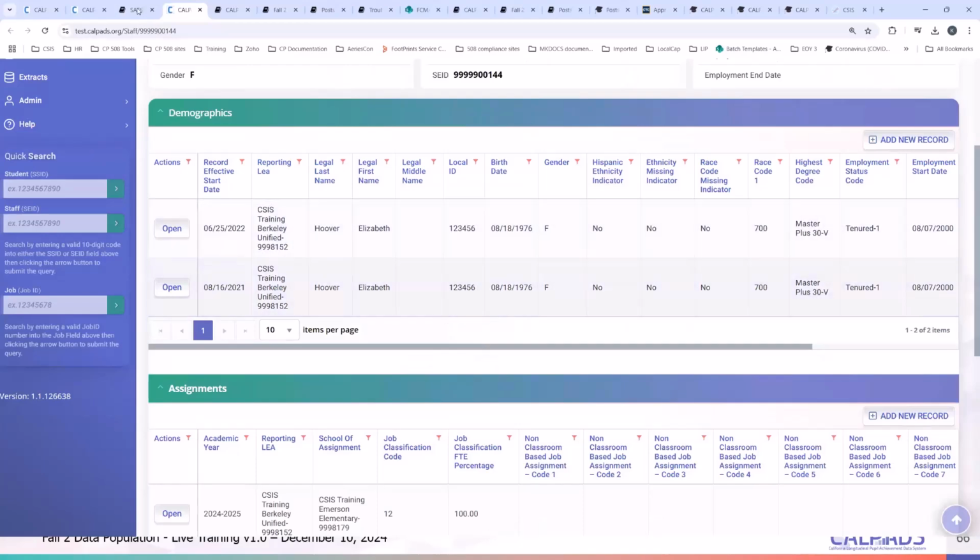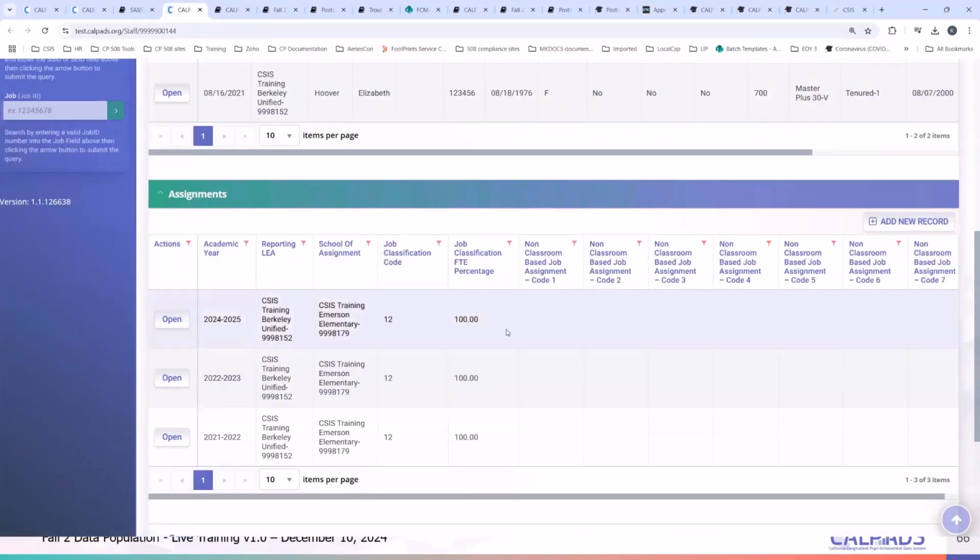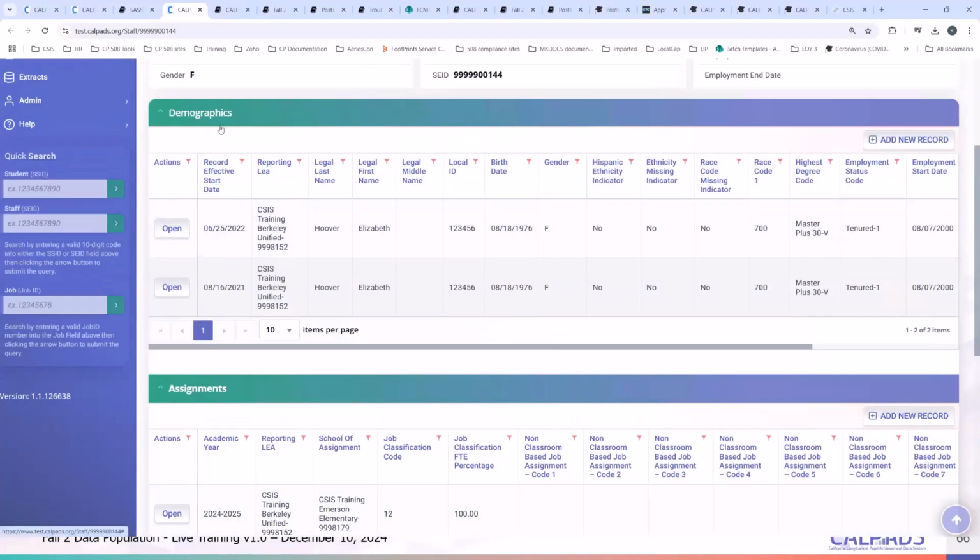And so that's the reason why if you introduce a staff assignment record, there should be a staff demographic record in CalPADS for that specific academic year, as indicated by the effective start date. And so this boils down to, again, making sure, even though CalPADS will allow you to submit different files in different orders, you can submit SCSE ahead of CRSE or SASS ahead of SDM.